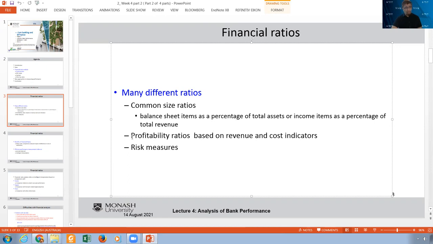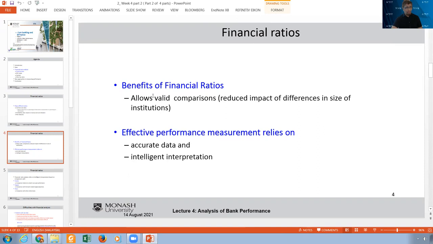Also, we can talk about a different perspective, which is the profitability ratios. Profitability ratios are based on revenues and cost indicators. And we can also talk about the risk measures, like measures of liquidity or credit risk and all those types of risk measures, where we can have different ratios. This is the main classification, but we can go a little bit now and talk about the benefits of financial